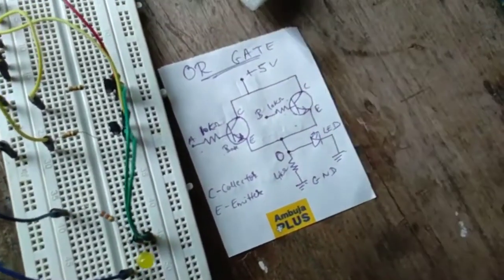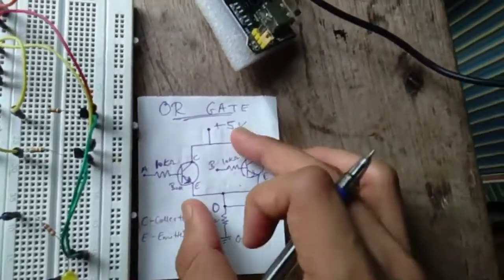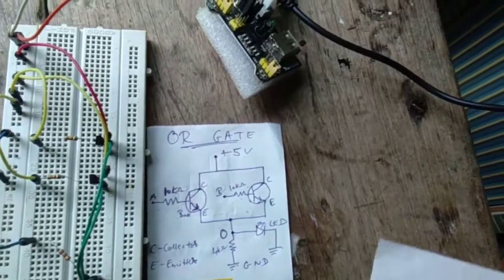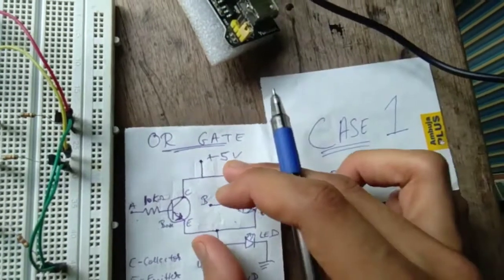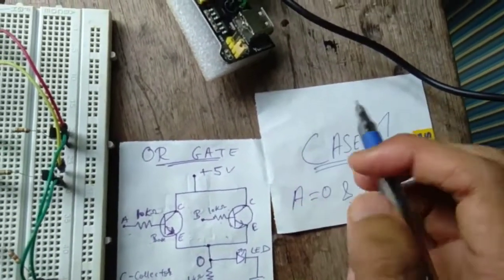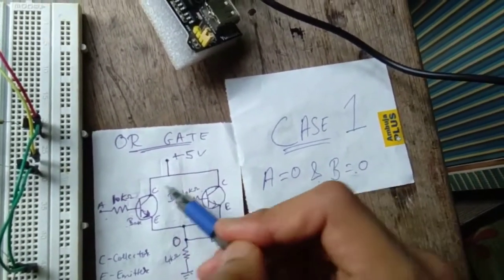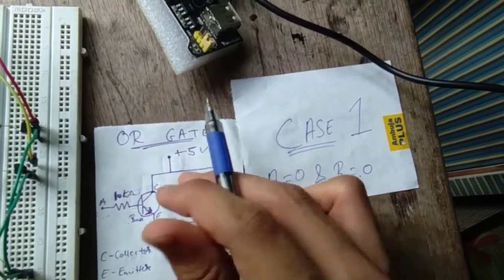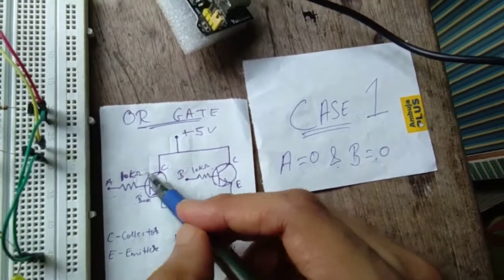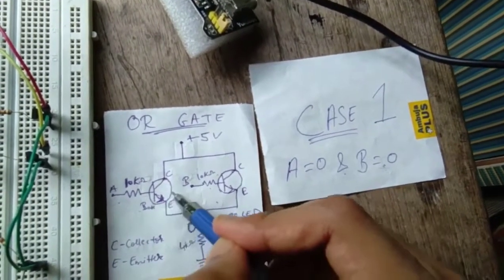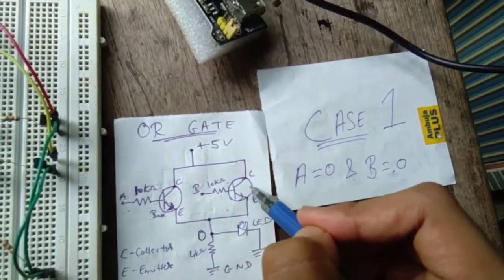Now, there's one more thing that I need to explain to you, that's how the circuit works. So let's consider the first case, when A was 0 and B was 0. When a 5 volt supply is passed through this, both the collectors receive the plus 5 volt supply. But when A is 0 and B is 0, both the inputs are 0, and both the transistors, which are acting as a switch, won't have any connection between the collector and the emitter.